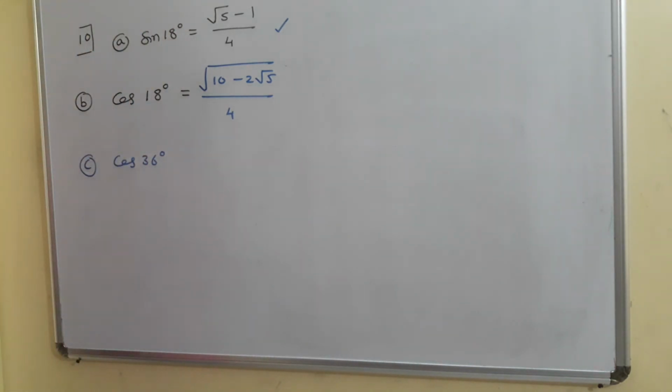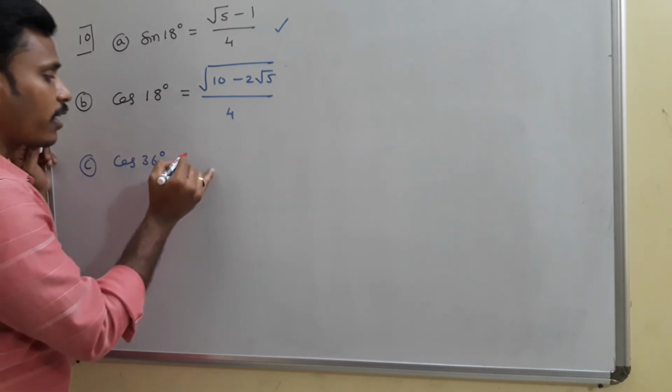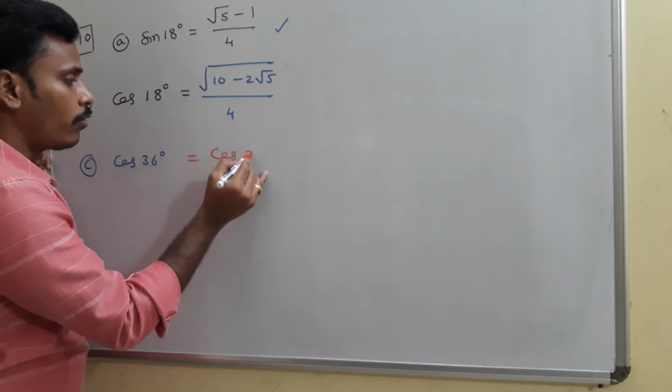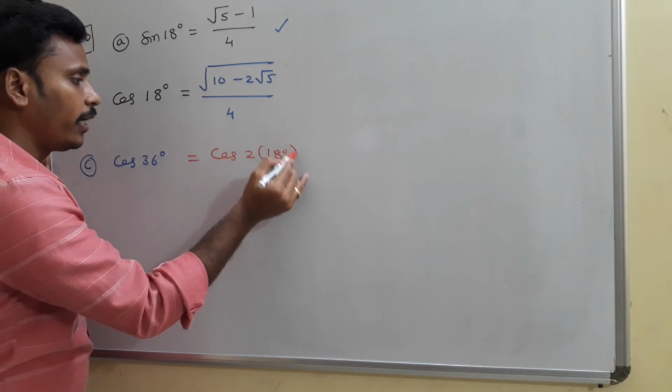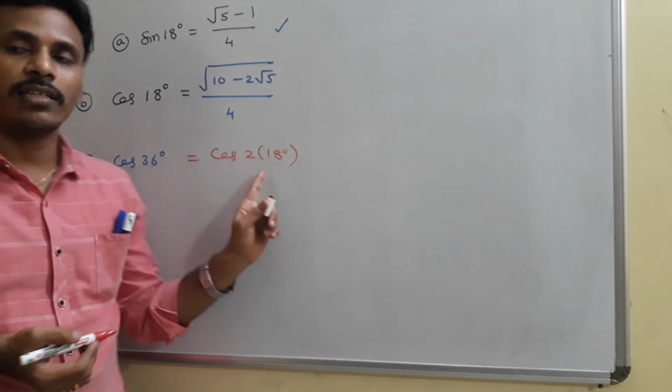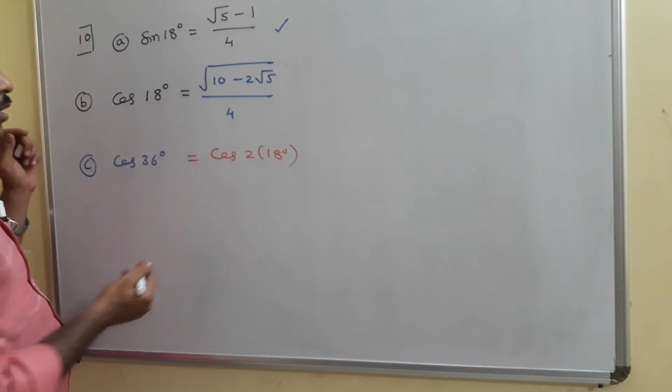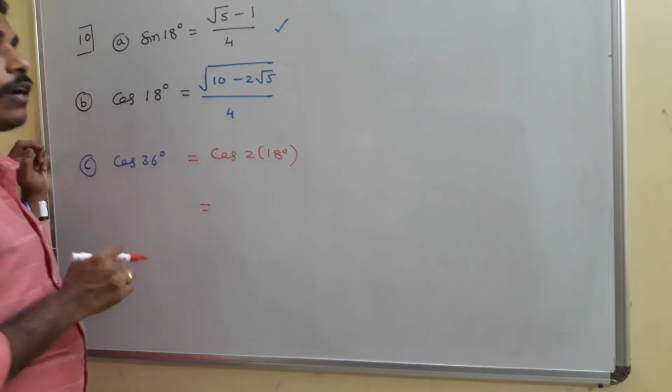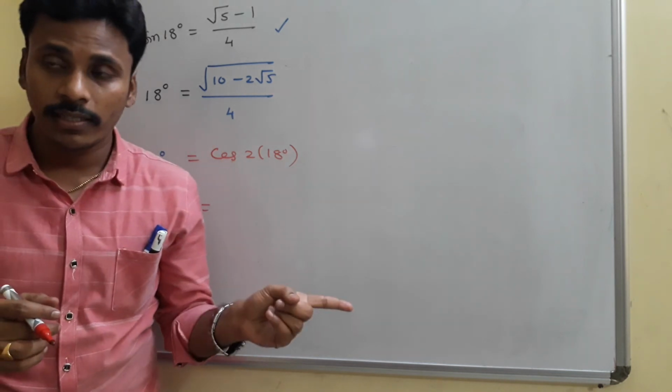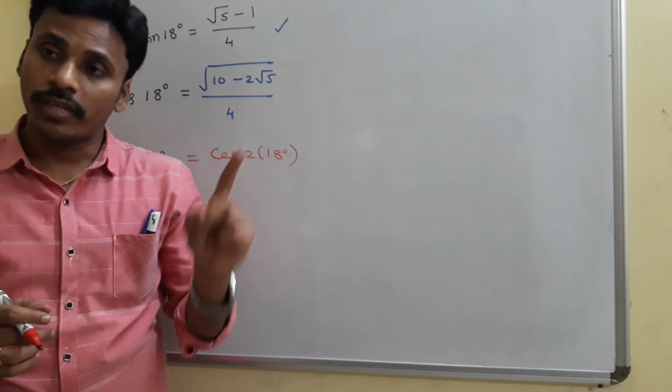Okay, yeah, cos 36 degrees. You just observe it. Cos 36 can be written as cos of 2 into 18 degrees. Is it right? I just wrote 36 as 2 into 18. Cos 2 theta has different formulas: cos square theta minus sin square theta, 1 minus 2 sin square theta,